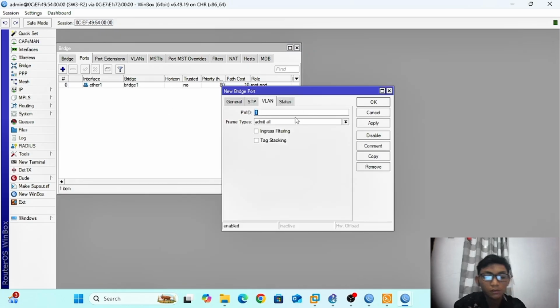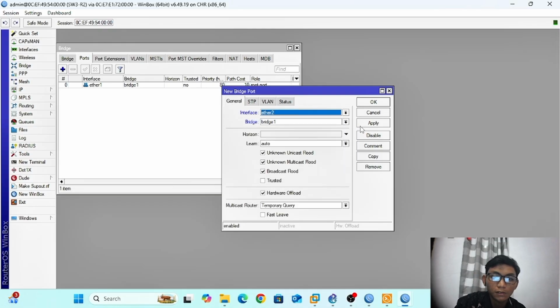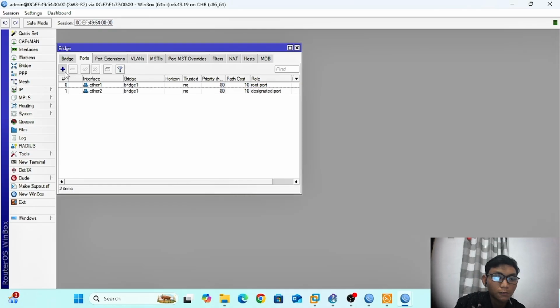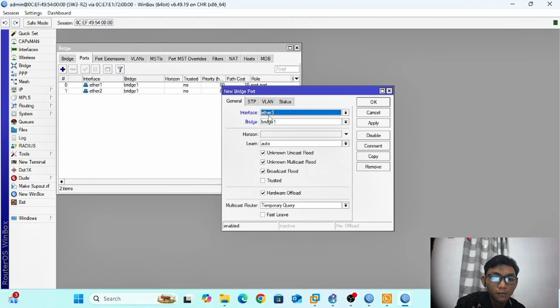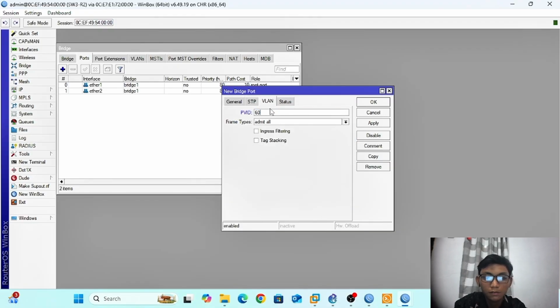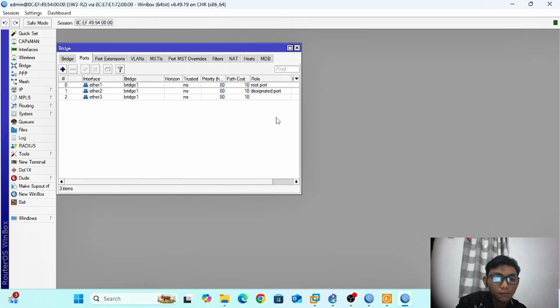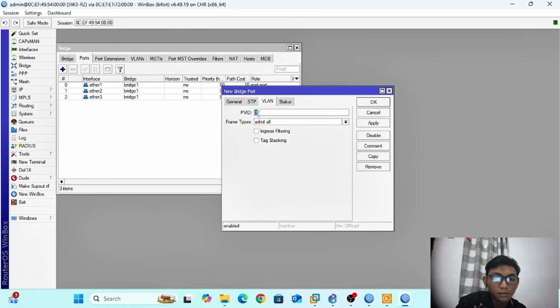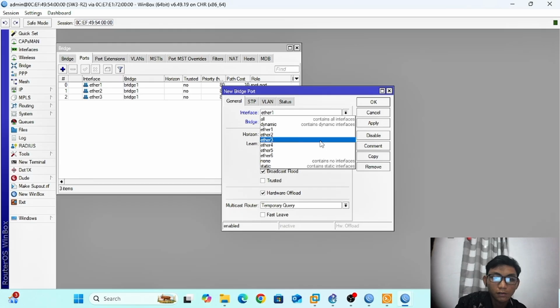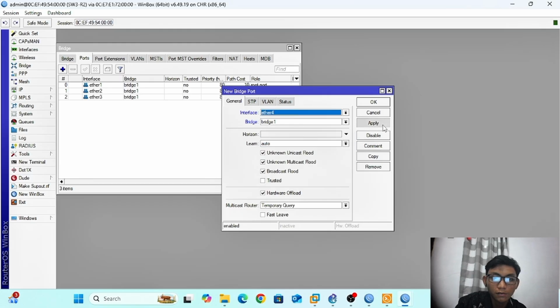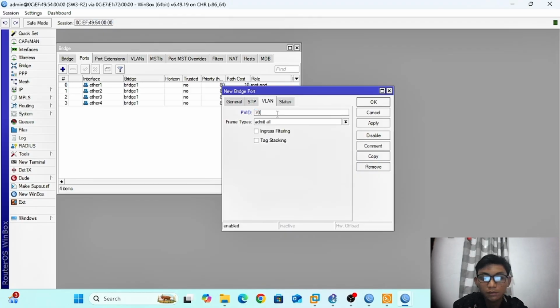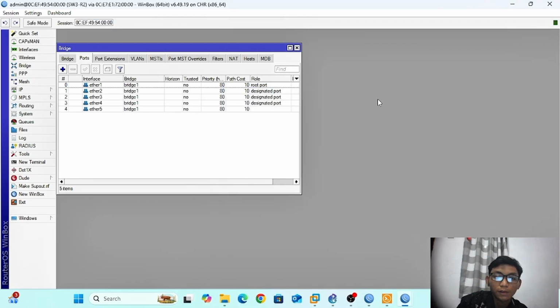Ether 2 is 60. Ether 3 is 60. Ports 4 and 5, the last, are VLAN 70. Apply, okay.